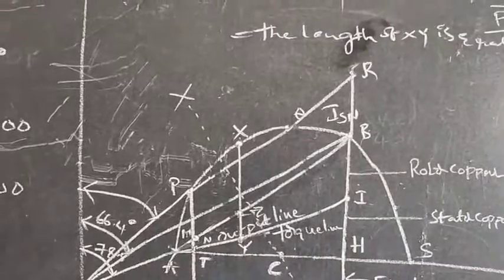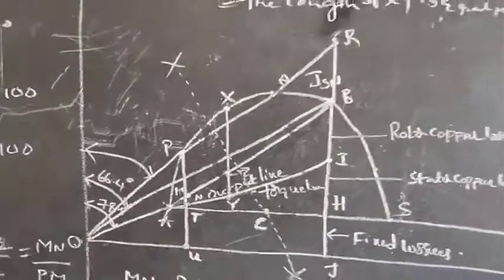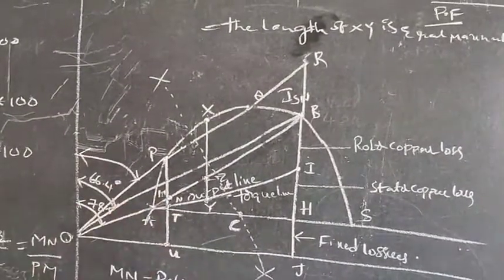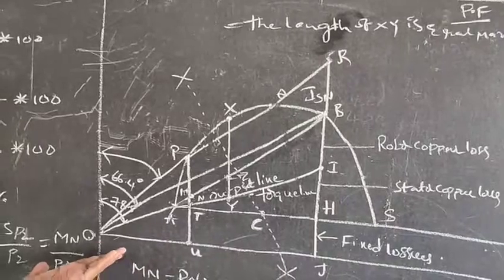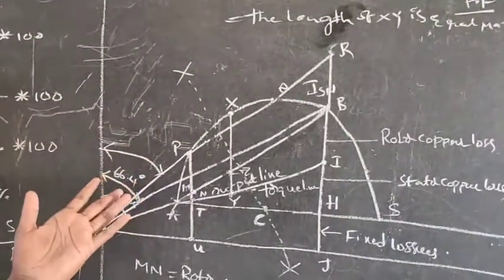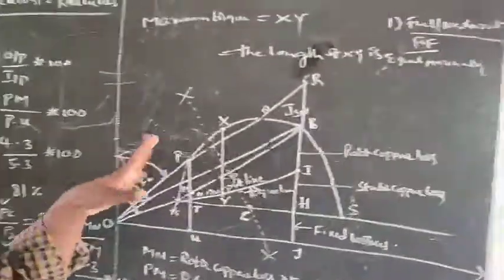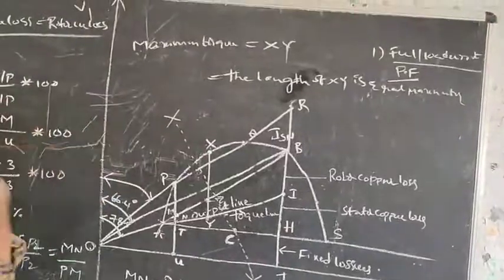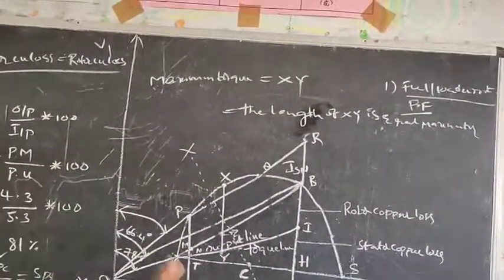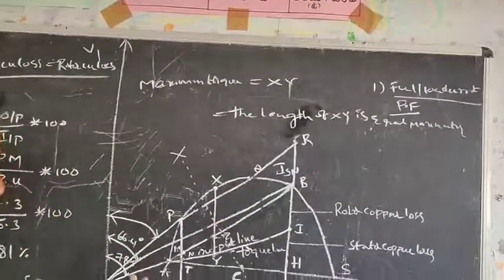So this is about the circle diagram. Lots of problems are available in our groups, textbooks, YouTube, or Google. All of you draw this on a graph sheet. This is very helpful, because a question paper cannot be expected without this question. It's a definite question, so draw it and analyze. If you have any doubts, respond in our group. Thank you for watching.